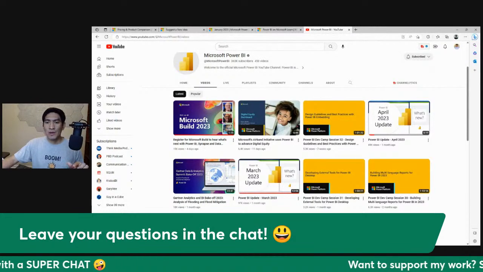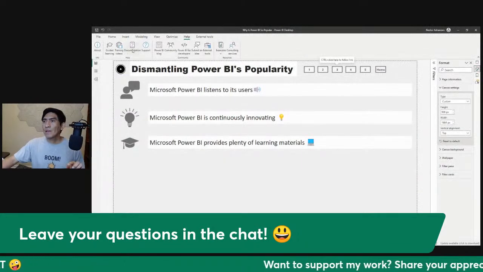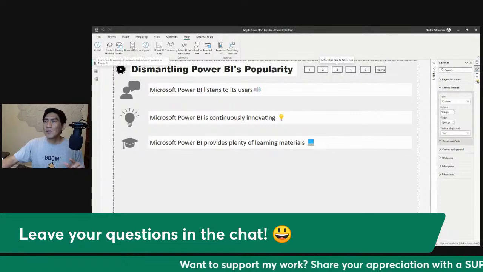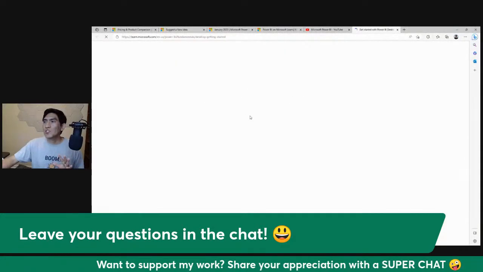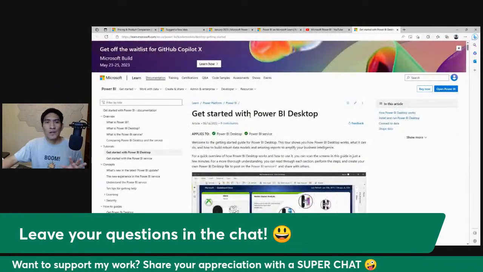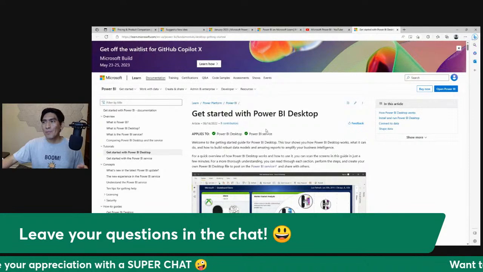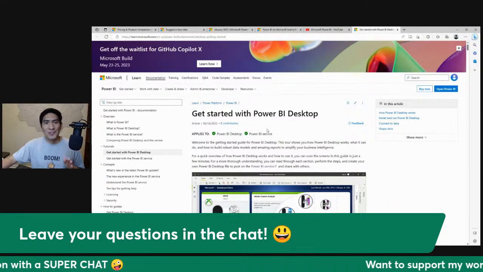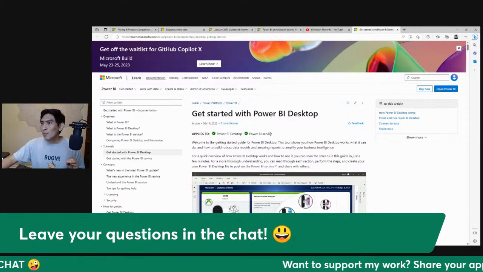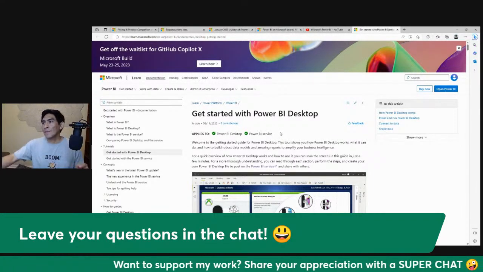So let's go back to Power BI Desktop again, and then let's move on to Documentation. Documentation, if you are totally new to Power BI, this is the path that you want to take. This is your starting point, right? This is where you would like to start.